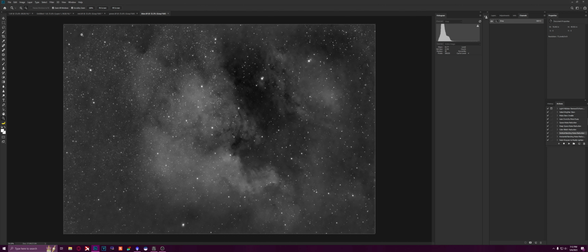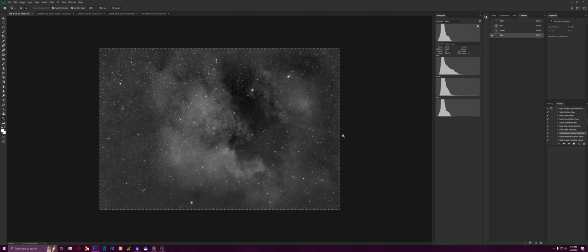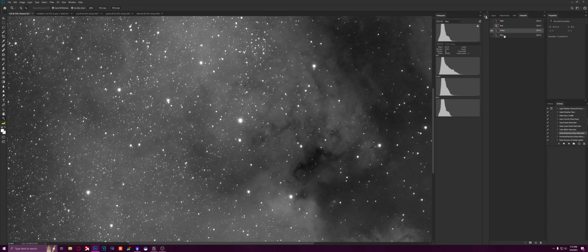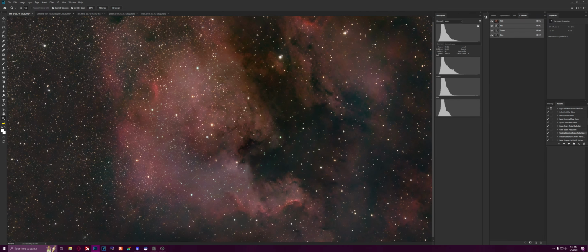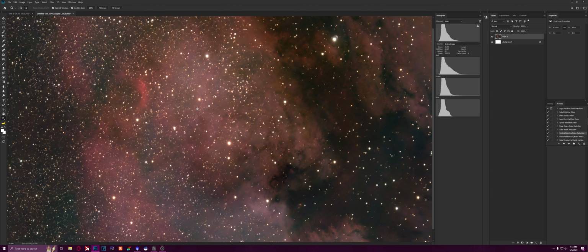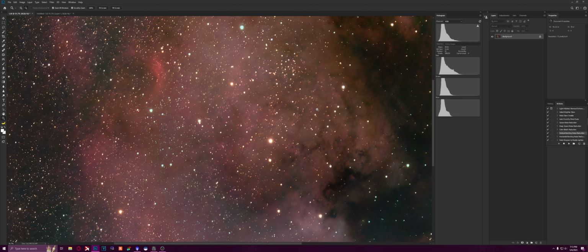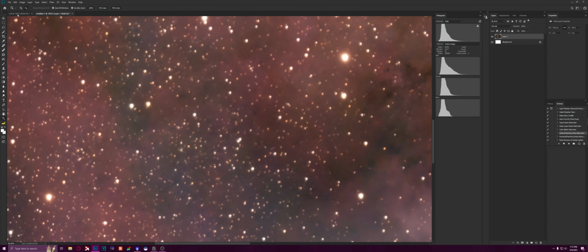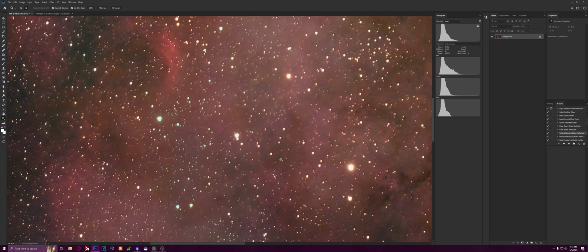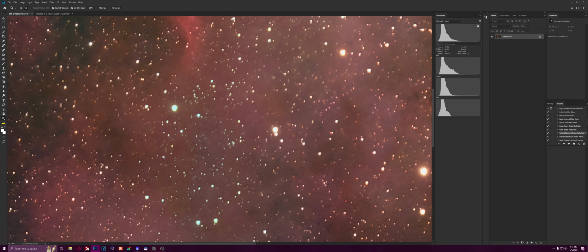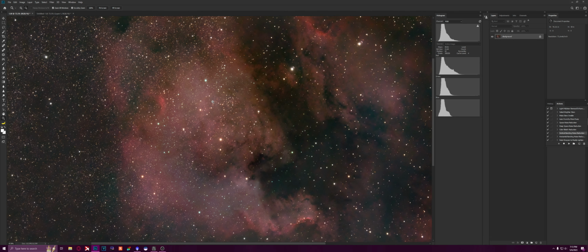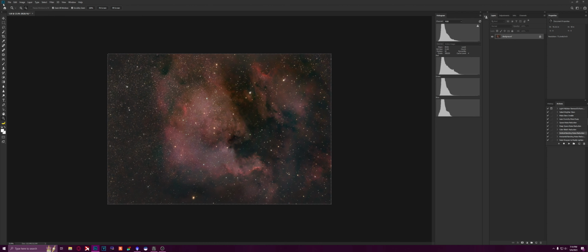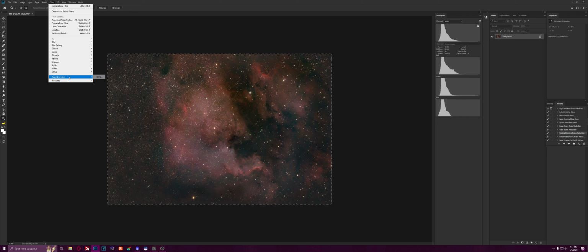Alright, so the blue channel's done. There we go. Now we have sharpened channels for each channel, red, green, and blue. All the stars are nice and sharp now. I have what it looked like before and after. This is with the sharpened stars, and then this is before. You can see how smudgy the stars look. It definitely makes a big difference. I mean, if you zoom in, it isn't super pretty, but if you're just posting this on social media, no one's gonna notice that. So then what I'll do now is maybe I will run a little bit of